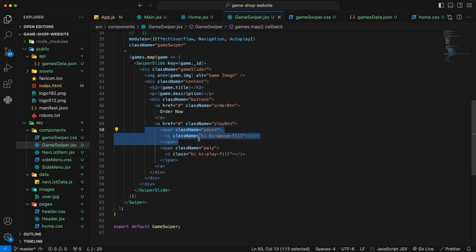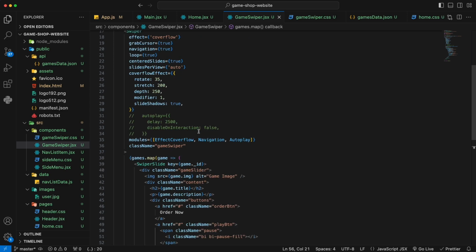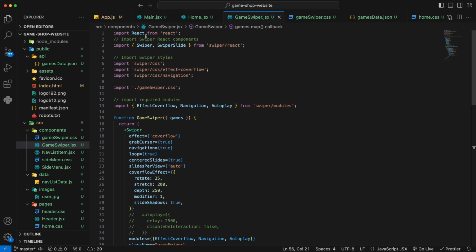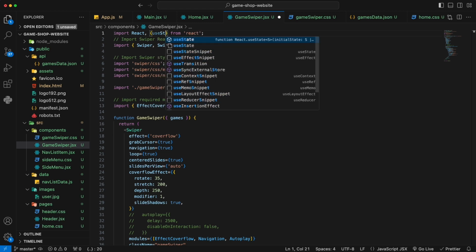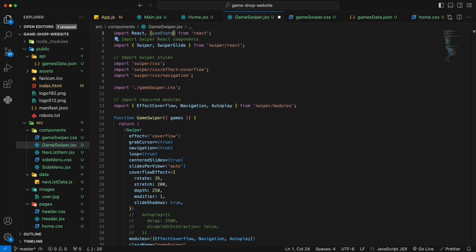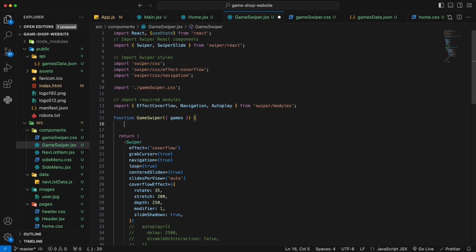The logic to show one and hide the other is to put a status on the setting. So if the button is active, we're going to show the first one, otherwise it's going to be the next one. So it's a very simple logic, right? So here, we're just going to use a hook to solve that problem. And going back to the top, we import the useState hook. And inside our component, game, we set that